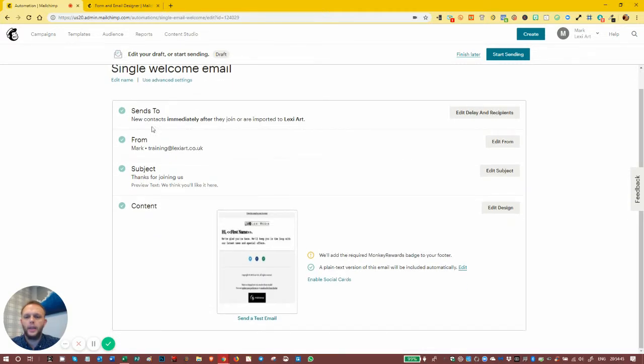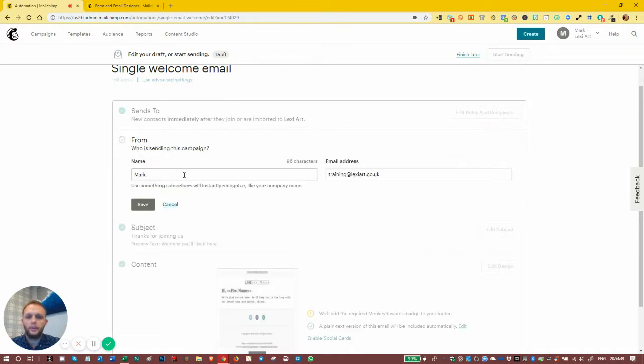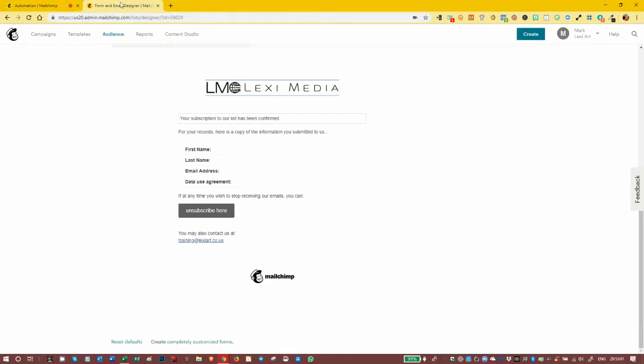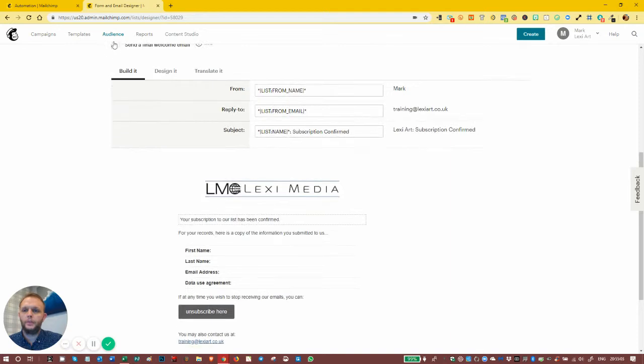Now what we've got here as well is the from details, so we can edit the from details. And again, this is just like the normal email. This is the details that are taken from your list settings. So if your list settings aren't correct, then you need to go in and change your list settings. And just to remind you where that is, go to audience